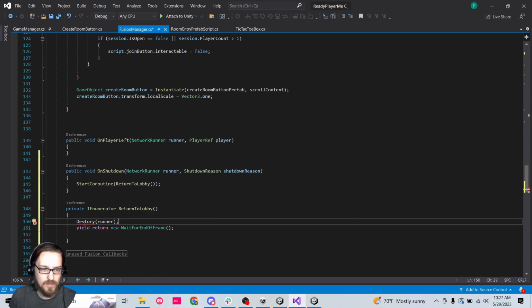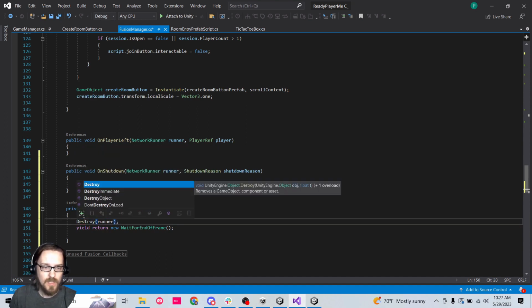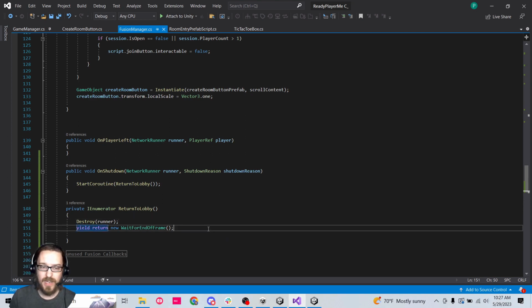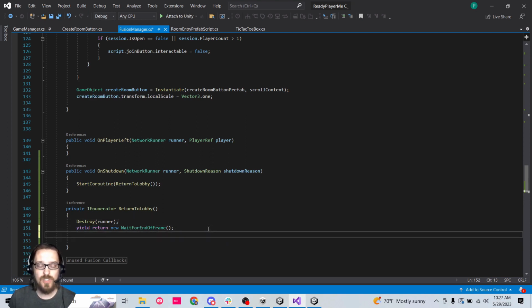All right, so you have to spell things correctly though. That should destroy the runner component that's on the Fusion Manager, because you can't reuse runner components. With PUN, we could technically disconnect from a session and then connect to another session, but with the network runners you don't really have that option. You have to completely destroy the runner after shutting down and then create a new runner. So we're going to destroy the runner, wait till the end of frame, and then we're going to